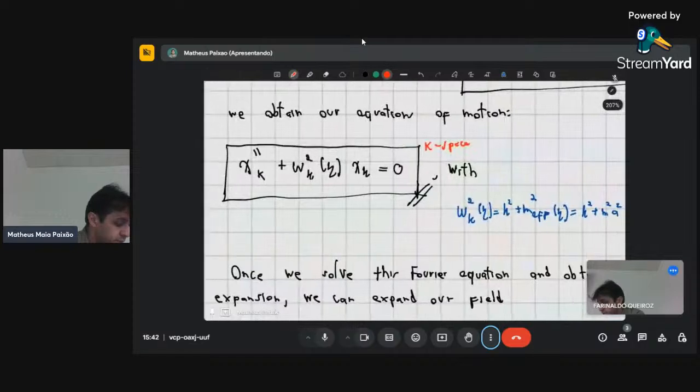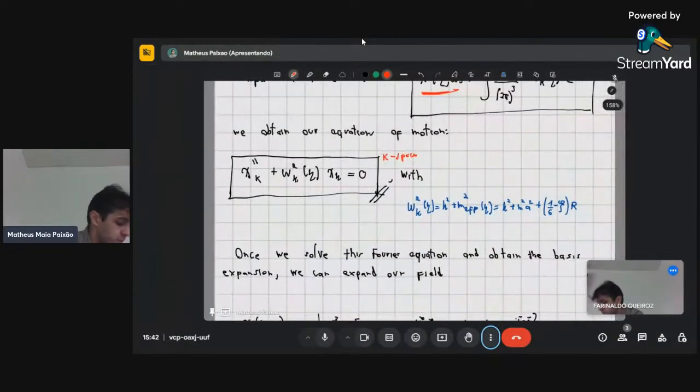So this equation here is just the usual quantum harmonic oscillator equation, but the difference is that the frequency, in this case, depends on time. So that's a very good thing to do for those that are doing scientific initiation: we can study the particle creation from